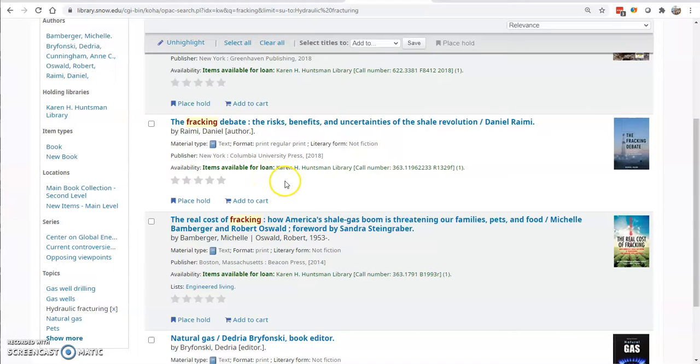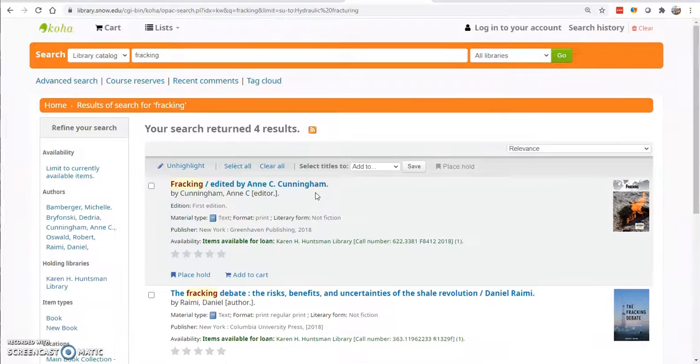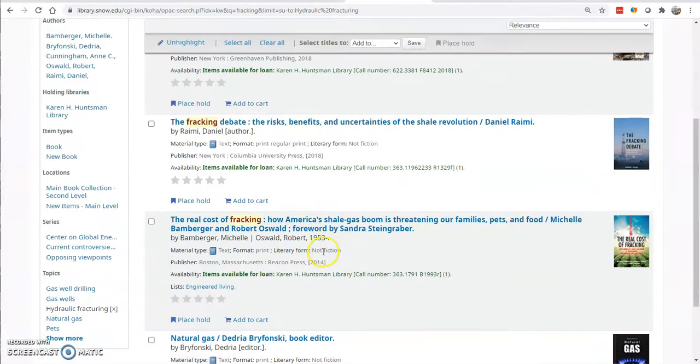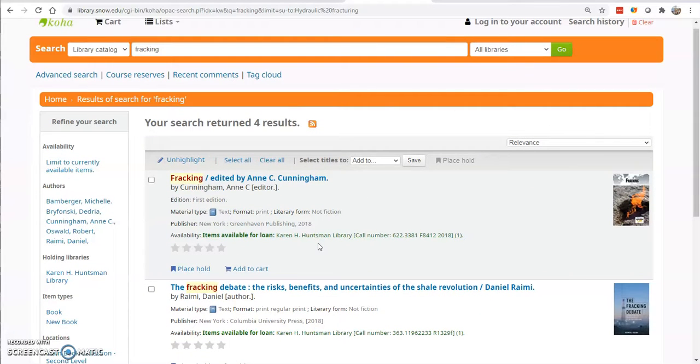So this is an example of taking a list of results that's 132 long and reducing it down to 4 that are right on topic. And that's a real quick way of doing that. And it's really valuable to do that. And one of the ways I like to do searching is once you go out into the collection and look for this book, for example, this one on fracking,